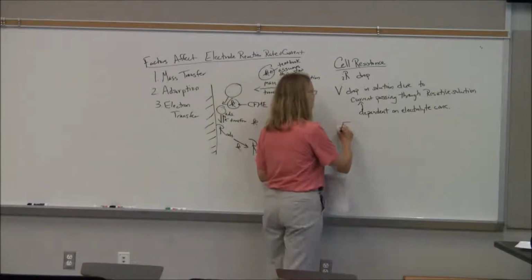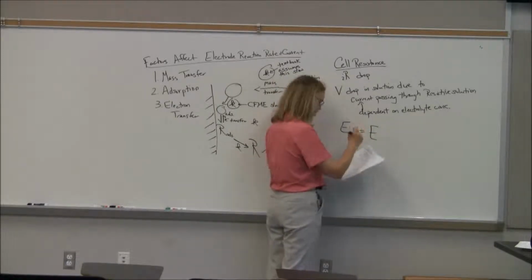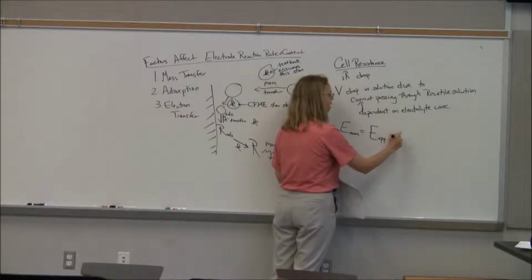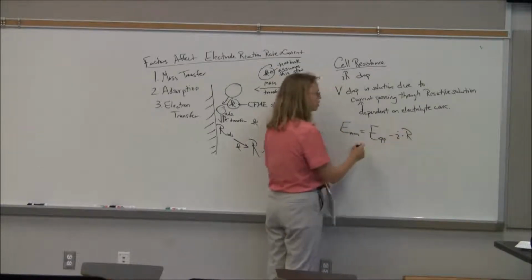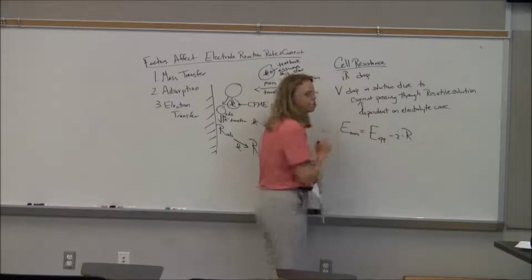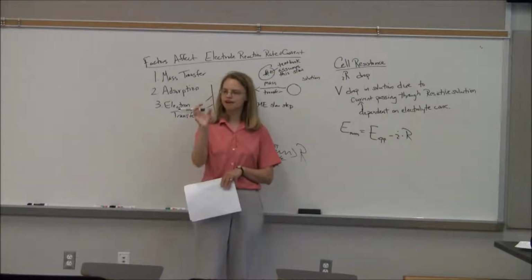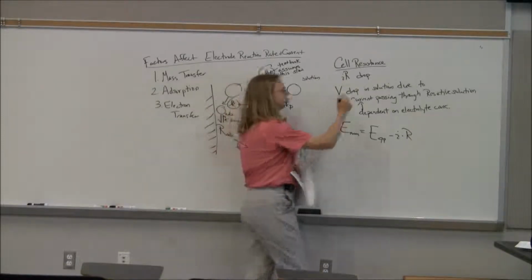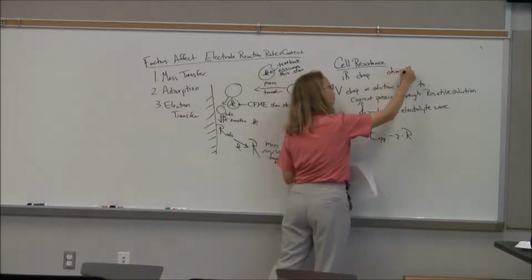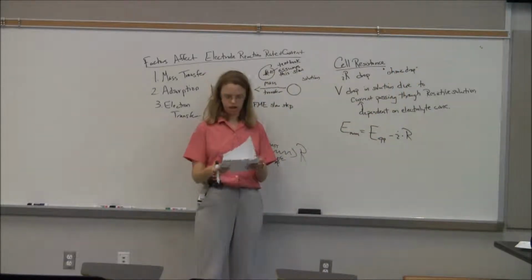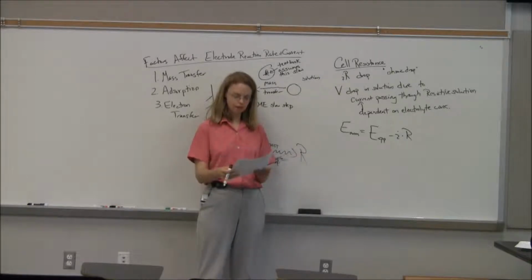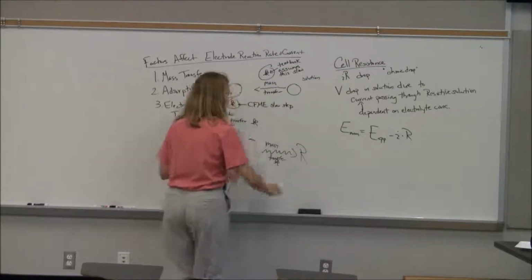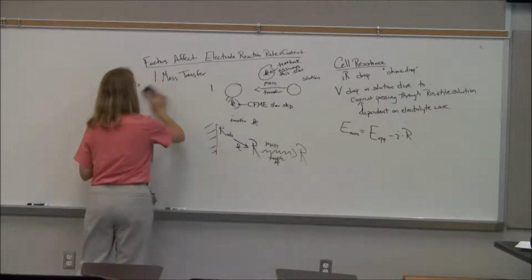Right, and so what that means is that E measured is really going to be E applied minus IR. So whatever your electrode actually sees is not quite what you applied, because some of that voltage is dropped in the solution. And again, people will also call this ohmic drop. Ohm's law is V equals IR. That's ohmic drop. So in electrochemistry, people typically get around that